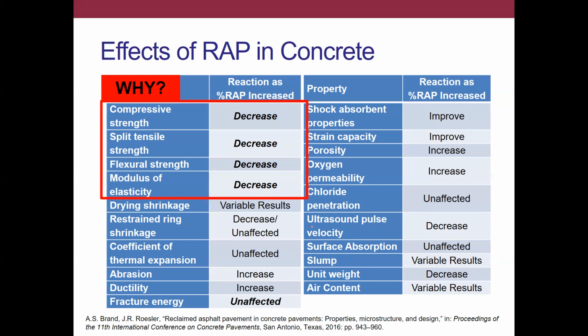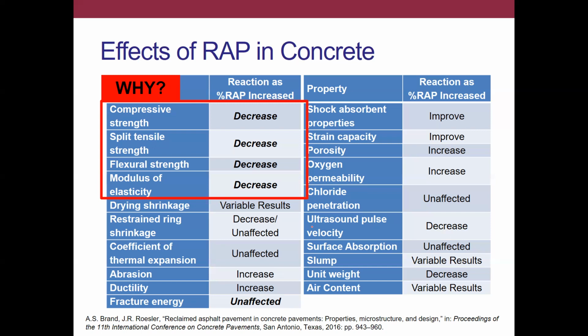And that is, at least for all of the studies that were surveyed for the review article at the bottom, basically all the studies unanimously agreed that as you increase the RAP content in concrete, you would decrease the strength properties and the modulus. And some of these other properties, at least at the time, had perhaps not sufficient research or data available to draw a conclusion. Again, a lot more of that may have been improved in the recent publications in the literature since 2016.